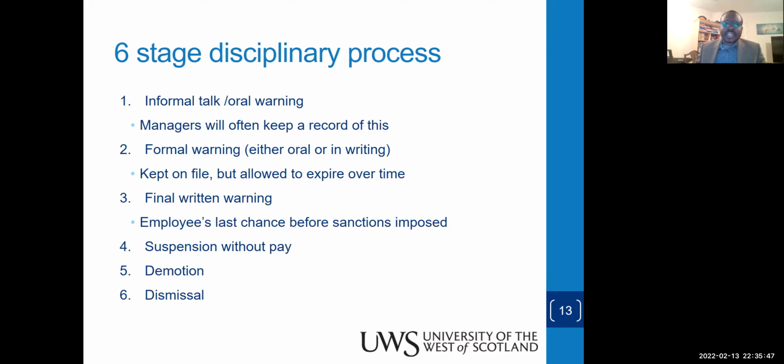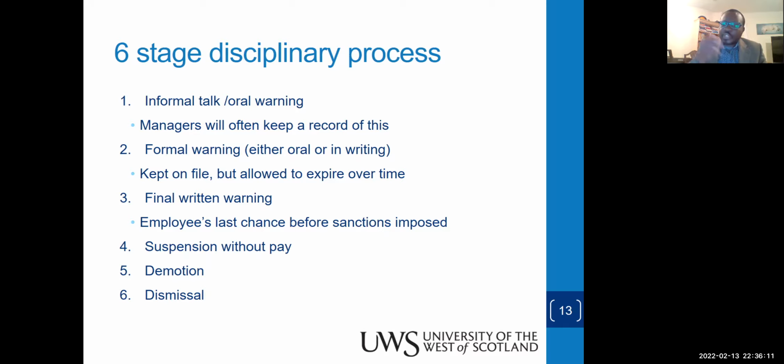There is still a 6-stage disciplinary approach, but I think the last 3 are normally the same, so I normally don't see it as 6. Sima thinks it is 6, but I see it to be 3. So when somebody is misbehaving or not performing according to the code in the organization, give him an informal talk, an oral warning, but keep a record of that offense.